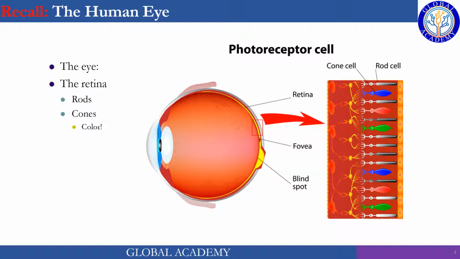So the retina is made up of millions of photoreceptor cells, which are connected to cone cells, like the blue one, the red one and the green one, and the other cell is the rod cell. These cone cells can sense light with different wavelengths, like the wavelengths of red, green and blue colors. So we have the retina, and the retina is made up of photoreceptor cells, which are then connected to cone cells or rod cells.